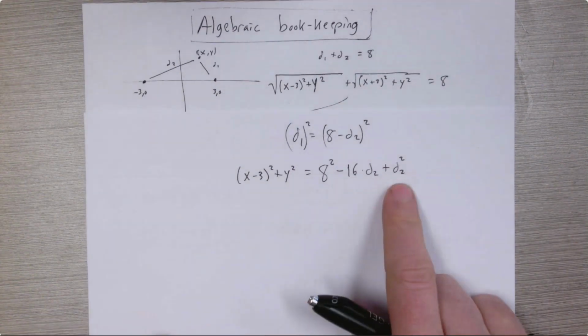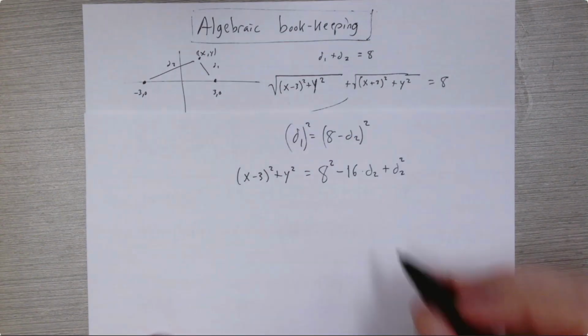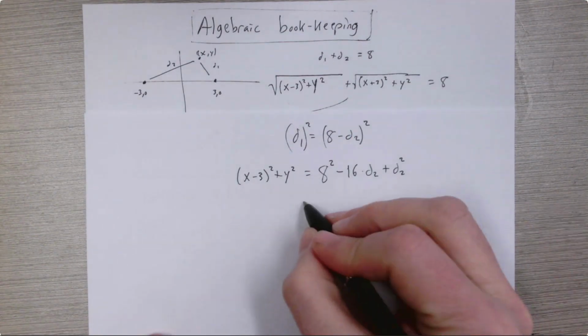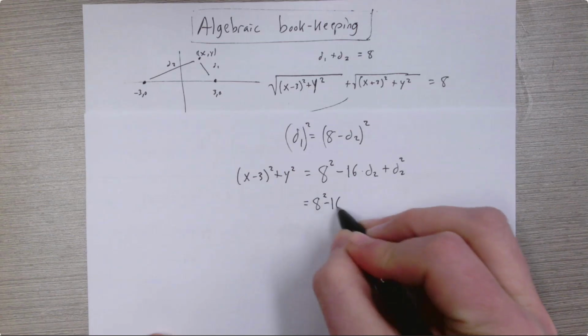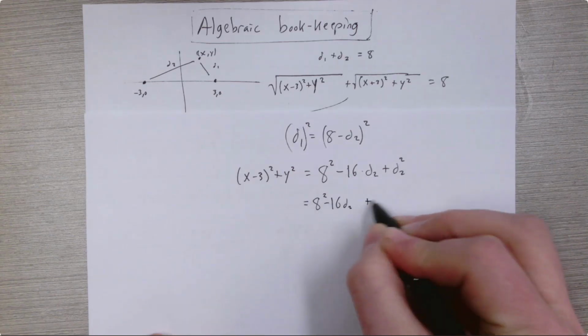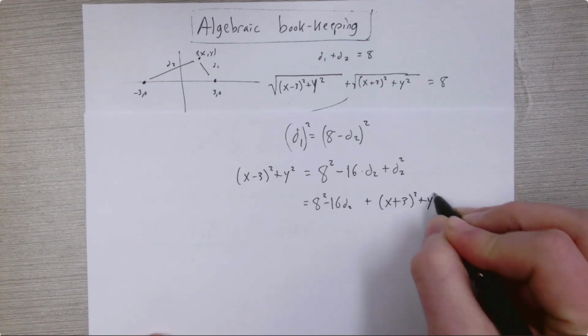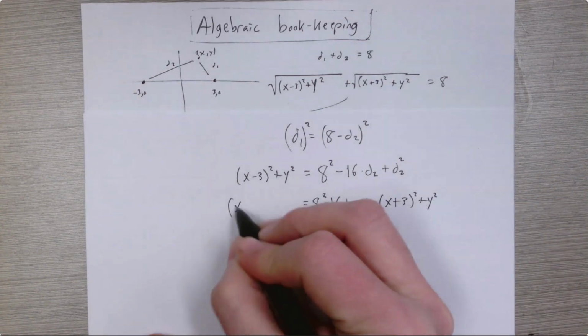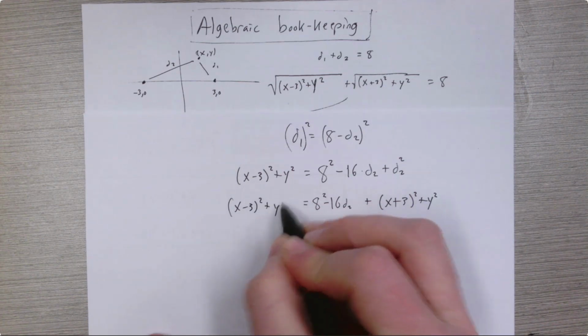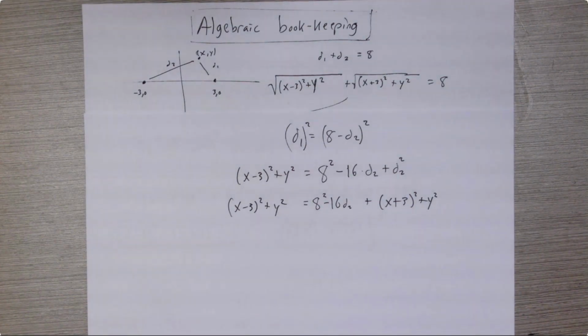Okay, so now that I've got d2 squared, I can substitute in for d2 squared. So let's do that. So we've got 8 squared, 16d2, and then d2 squared is just going to be the x plus 3 squared plus y squared, and then this is x minus 3 squared plus y squared. Okay, so let's